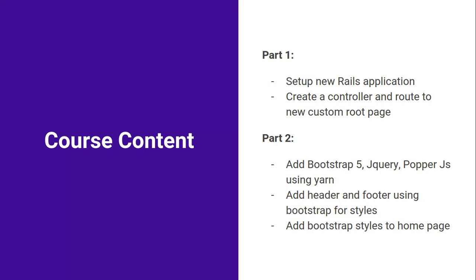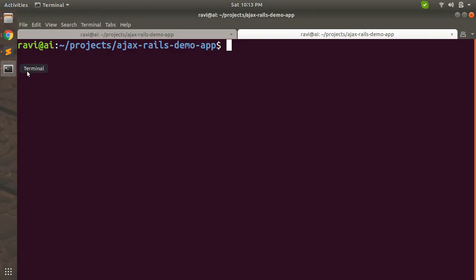In the first item, we will add Bootstrap 5, jQuery, and Popper.js using Yarn. You need to run the command yarn add. Yarn add is required to add a dependency as a node module to your application. Since we will use Bootstrap 5 in this application, I'm mentioning bootstrap@5, which is the version for Bootstrap, and then we need to add @popper.js/core